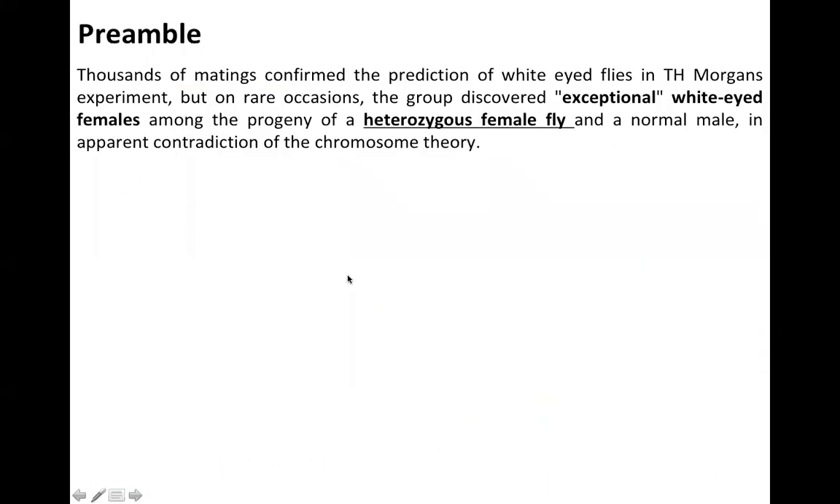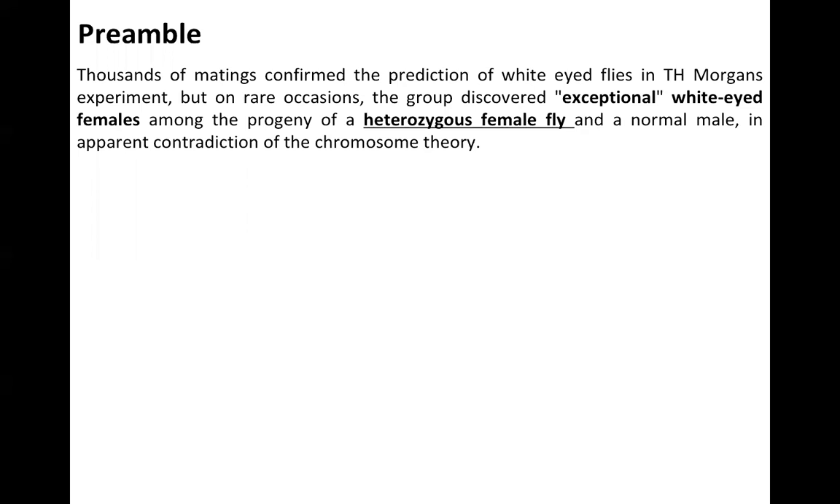Next, I told you the foolproof concept or validation was given by his student, C.B. Bridges. When they did thousands of matings to predict that the white-eyed flies in T.H. Morgan's experiment,